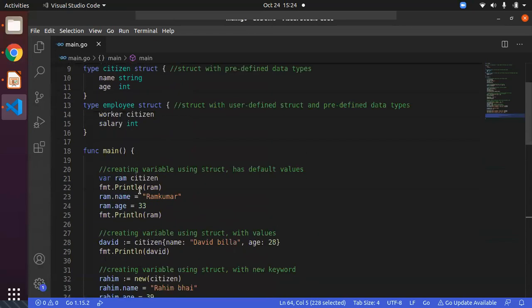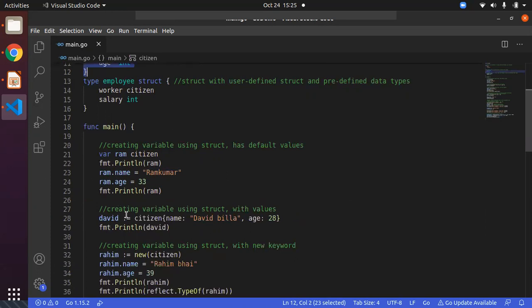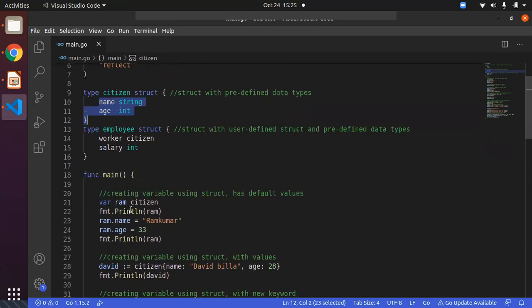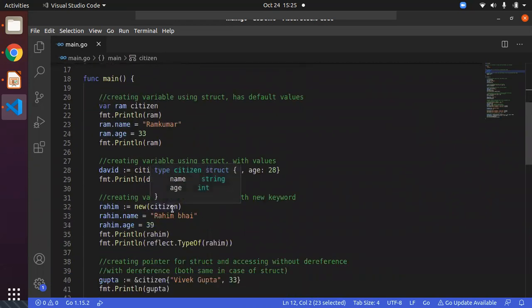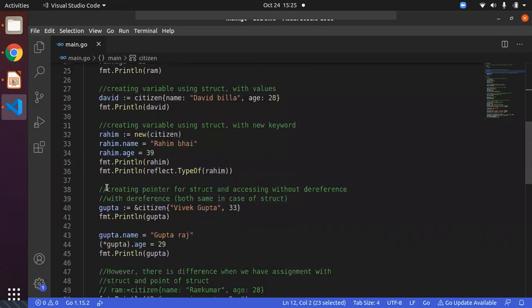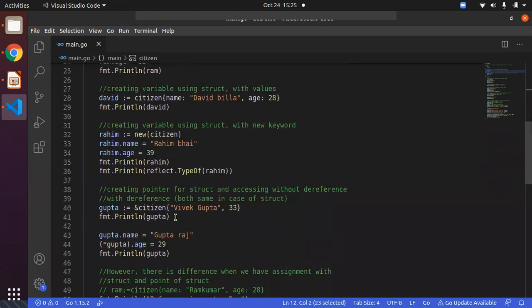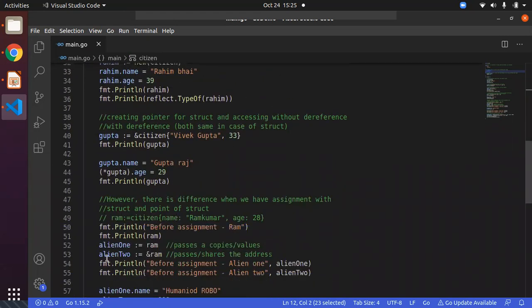So this is all about the struct. In simple terms, a struct is a collection of fields. It can have both predefined values and user-defined variables or values. When you define it, it can be just like variables. Whichever variables you are going to use, whenever you want to use them, you need to give the values for them. Whenever you don't give the values, they will be filled with default values as per the types you have provided for the struct. Then, as usual, you can create one with the new keyword. Whenever you pass the pointer, you can have the changes in both places, but by using either the pointer or the struct, in both cases you can update the values.